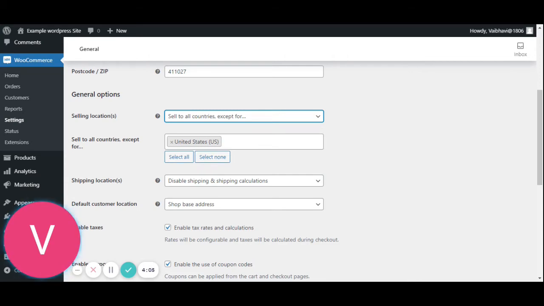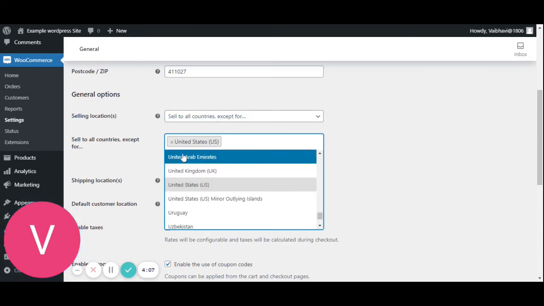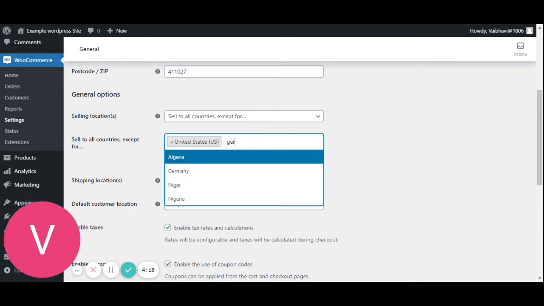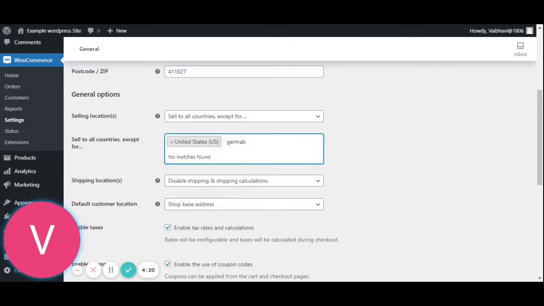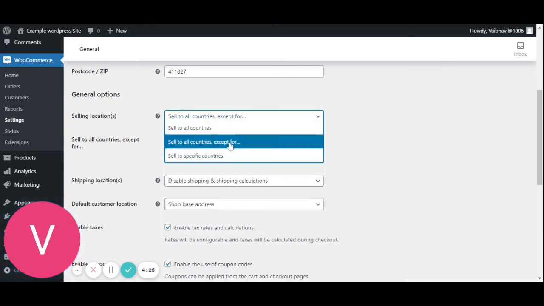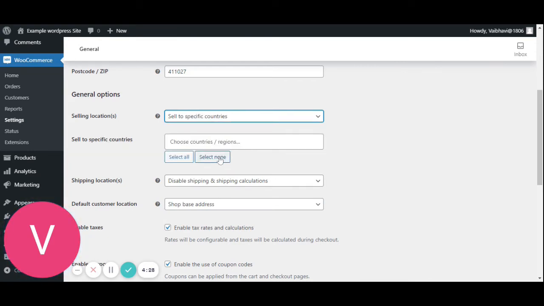So then you can write the option here. Suppose if you want to sell only to India and you do not want to sell in US, Germany, so you can enter those options here. Then you have sell to specific countries.